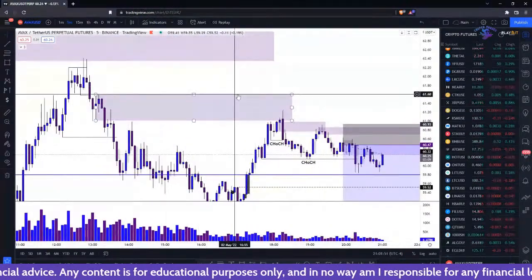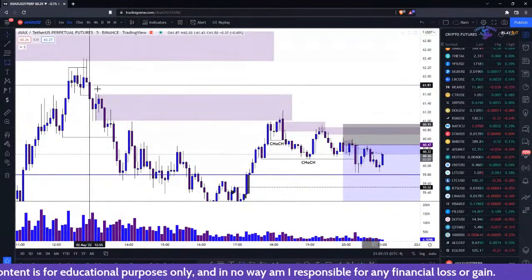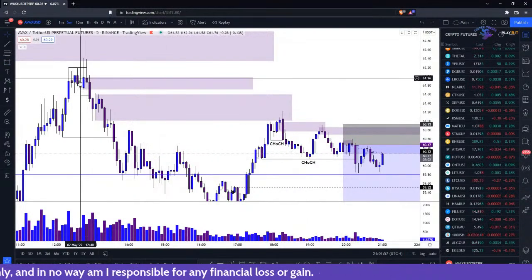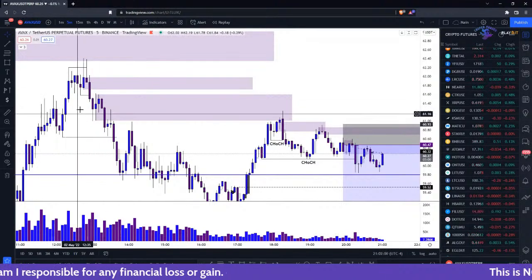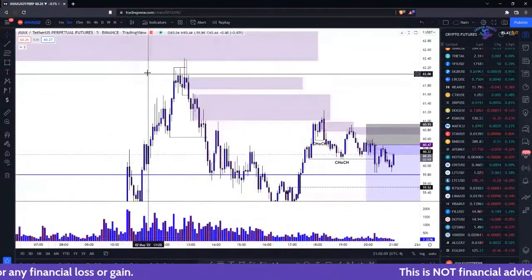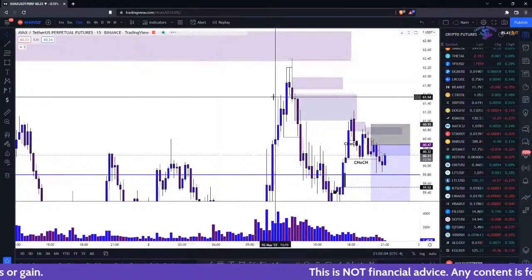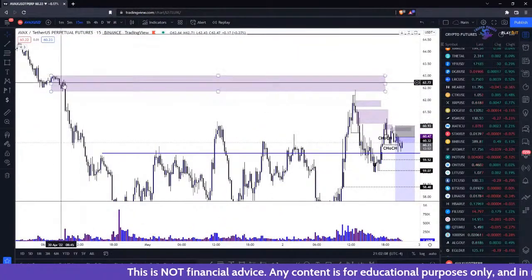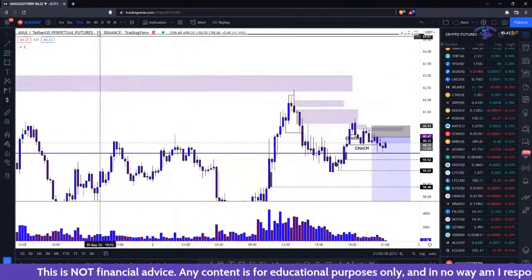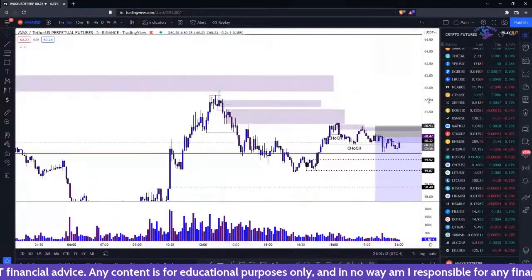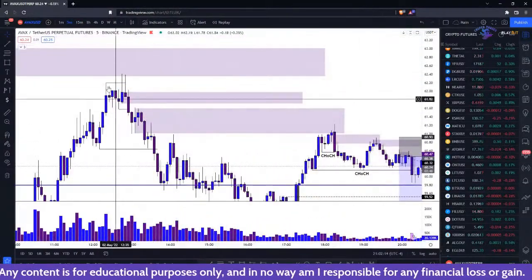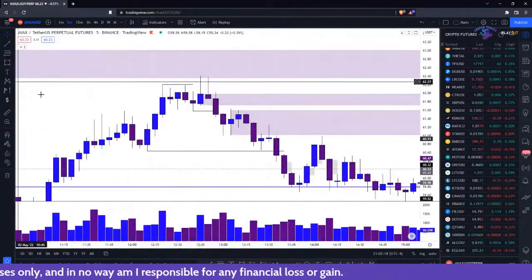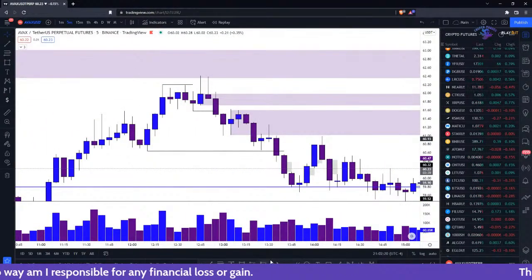And with a lot of these changes of character, oftentimes we'll see price return all the way up to the overhead supply at the top of the swing, at the lower high. Remember, we always play these changes of character after we've tapped into other mitigation, like supply or demand. So tap into mitigation, right off of it you see a change of character immediately. And remember, for the change of character, you have to have this structure. You cannot just have a